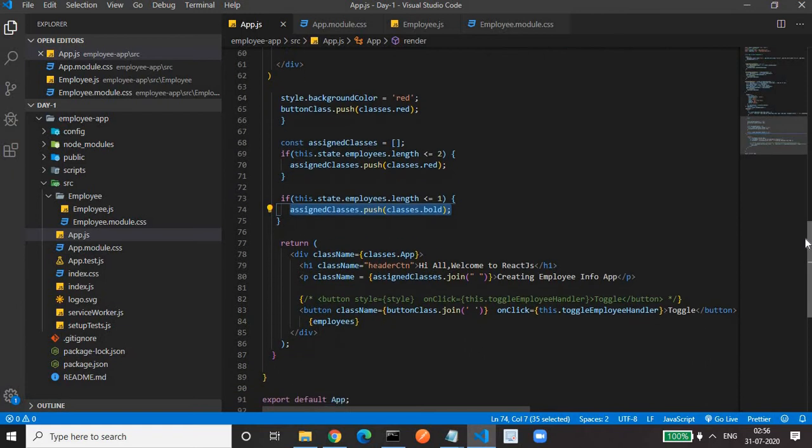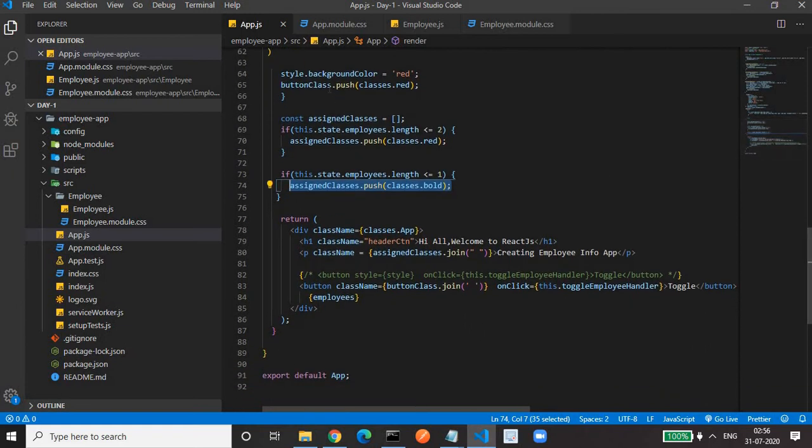Clear? Then whatever array we found, we have to use className equal to, within the curly braces, and convert that array into a string, because classes we provide as a string with some space between the two classes. So this is an array. We convert that array to a string by using join. This is a JavaScript function on the array. Then we need some space between them, so we are joining that array with an empty space.